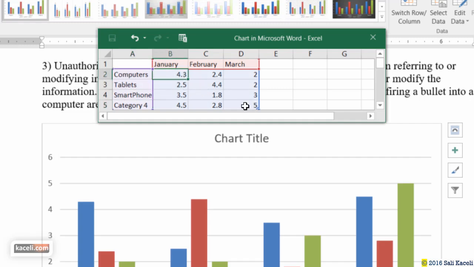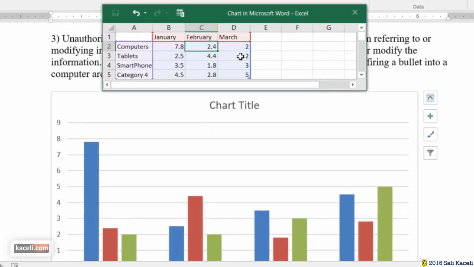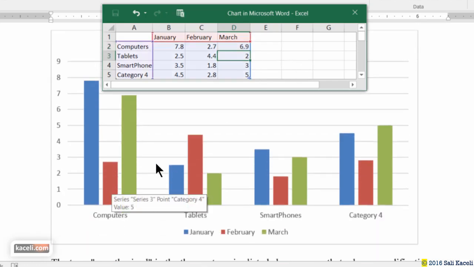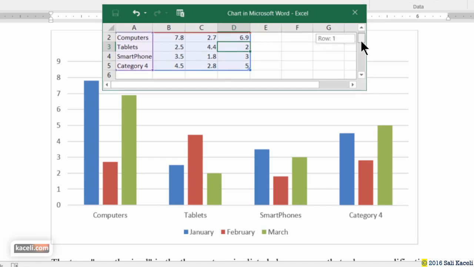So let's say this was 7.8. In February it was 2.7. And in March it was 6.9. Now notice the table here is being updated automatically. Now the other thing to notice as well, and I'm going to try to make this bigger or navigate through a little bit,